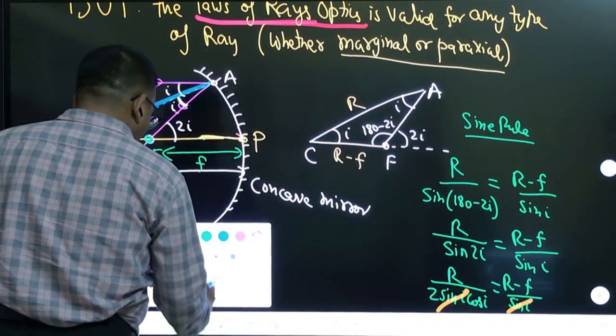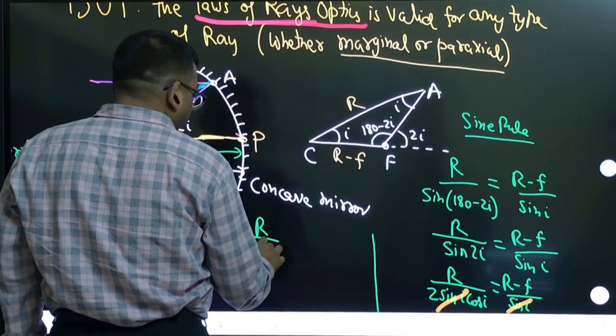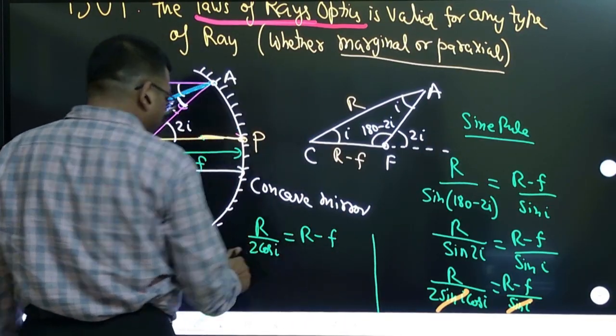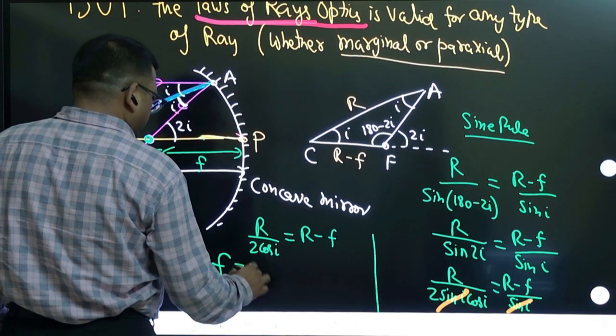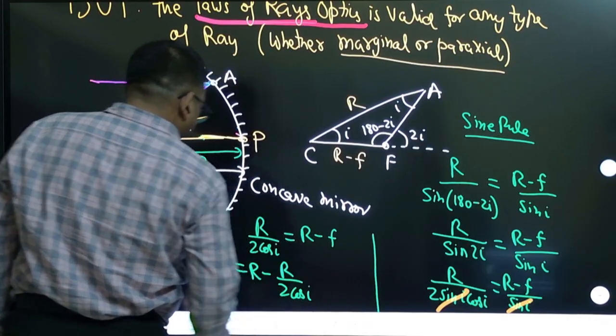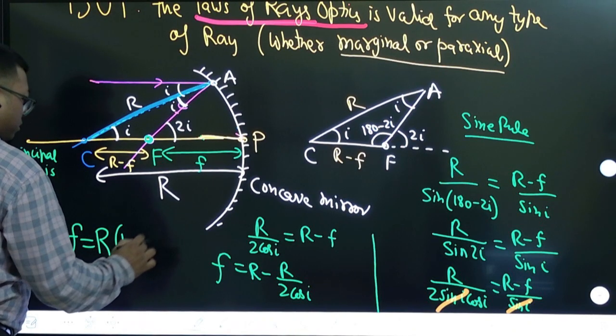So from here I get r by 2 cos I is equal to r minus f. I'll bring f to one side: f is equal to r minus r by 2 cos I. R I will take common, and this is a new formula for